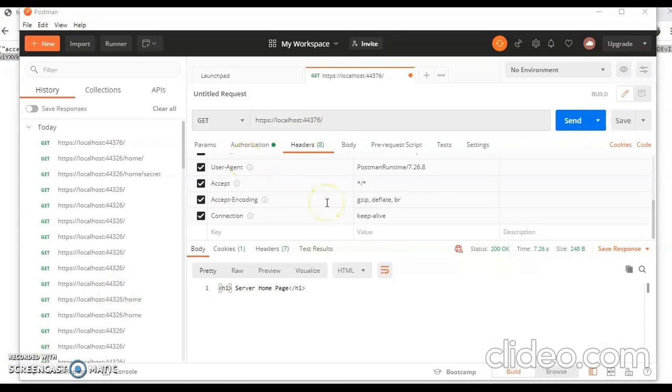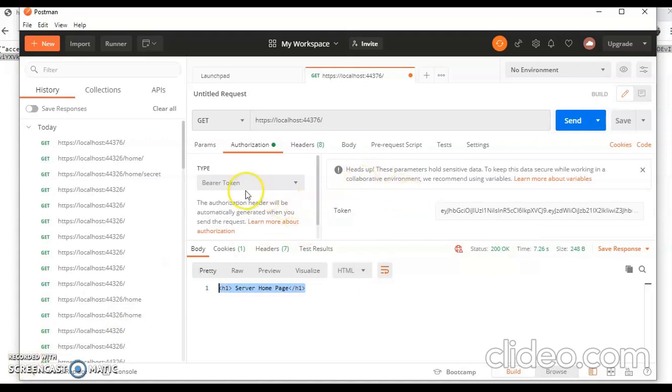So as I make a request, we can see that the server homepage content is visible here. Here you can see that we have used the bearer token, and this is our token that was generated earlier.